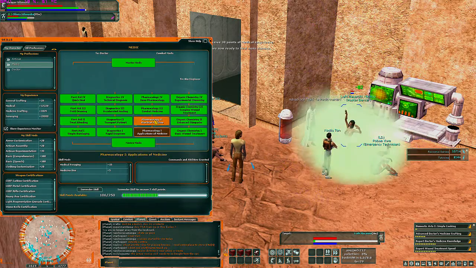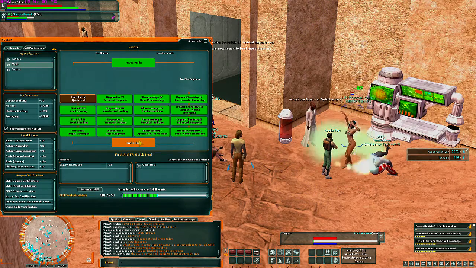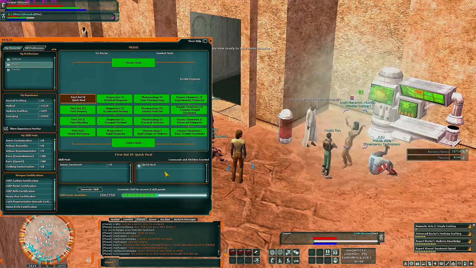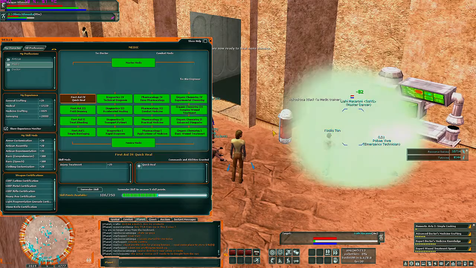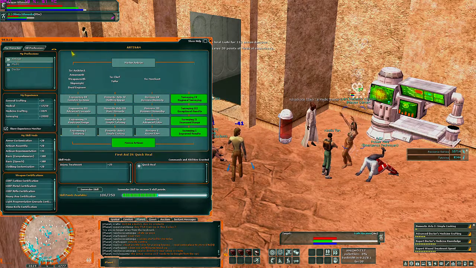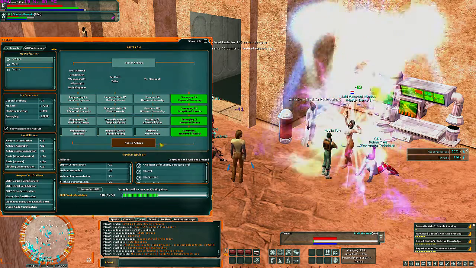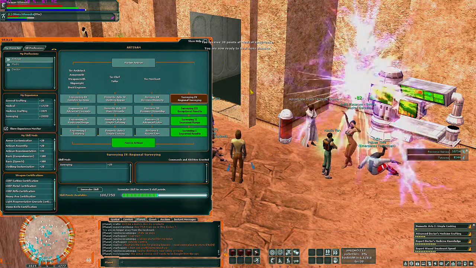Obviously these all help your medical use and all that type of stuff, treatment speed, and it all adds up to make it so you can buff people better and better. And obviously you need better materials to make the stims to do that as well. We did see the artisan the other day. I got that just because we do need